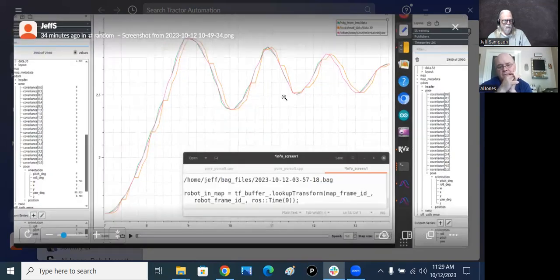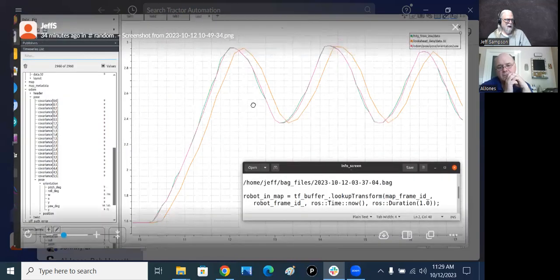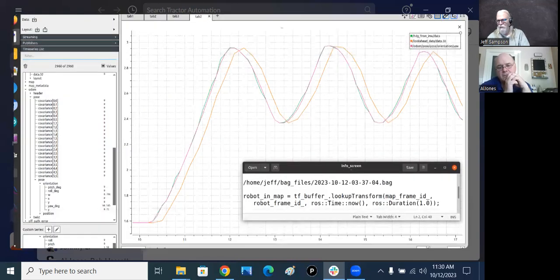And first of all, I thought, well, that seems odd. Why is it doing that? So after a lot of tracking down, I found that sometimes it grabs the current transform location, and sometimes it's off by one. So sometimes it's one too late, and sometimes it's right on top of where it's supposed to be. So after I got all that figured out, it's looking like this now. When I ran it on the simulator and RViz and all that stuff, it didn't fix the problem completely. So it turns out it wasn't the answer,